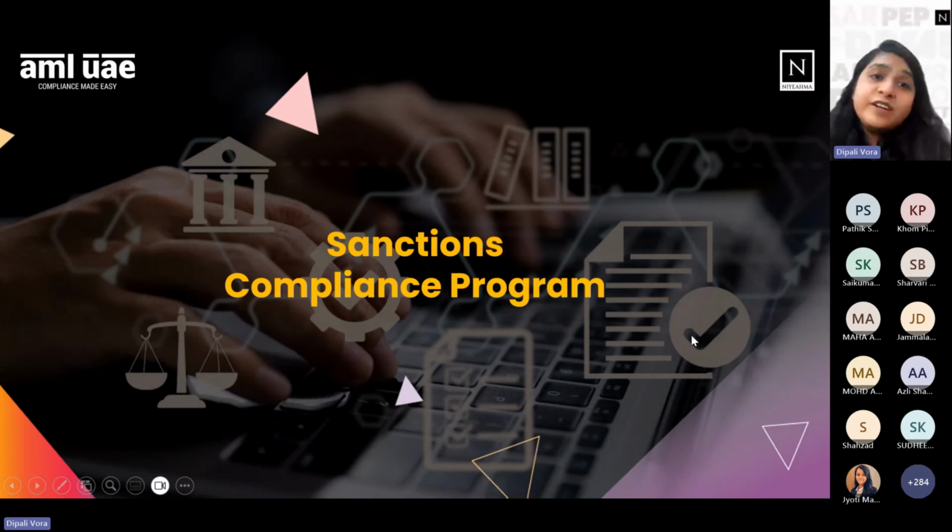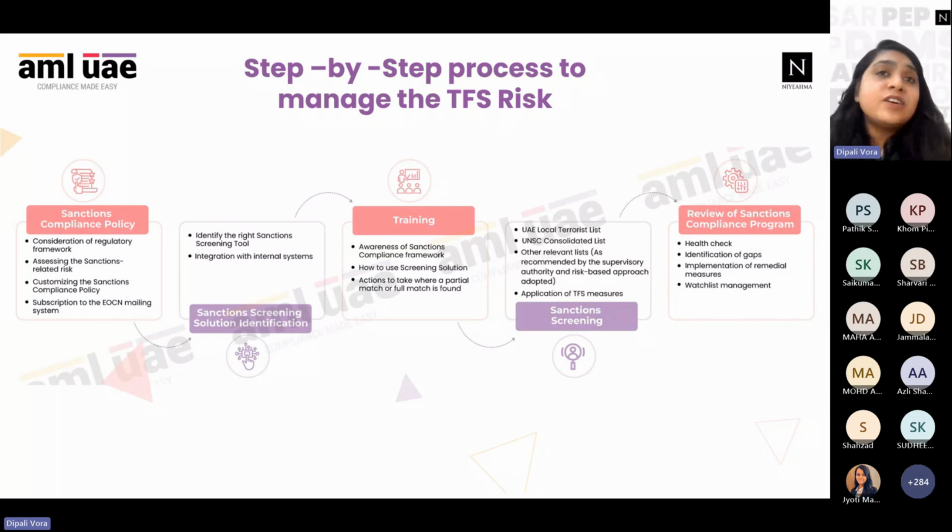So far we have understood what sanction screening is, what the implications of sanction screening are, why we screen, and what reports we are required to file. Now we are going to understand how we make sure that our company, our organization, is safeguarded from this sanction screening risk. How will we safeguard ourselves from money laundering, financing of terrorism, PEP risk? So let's discuss that.